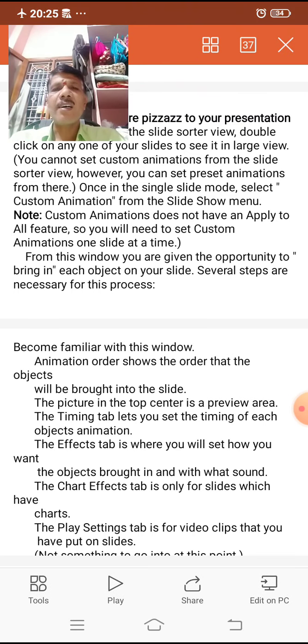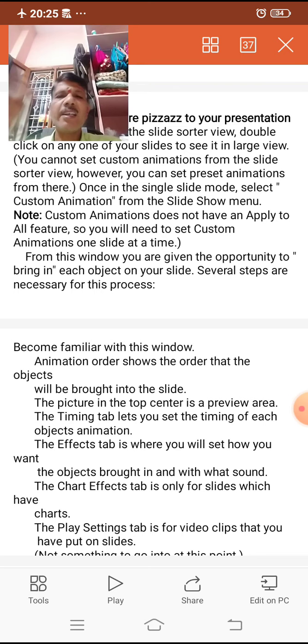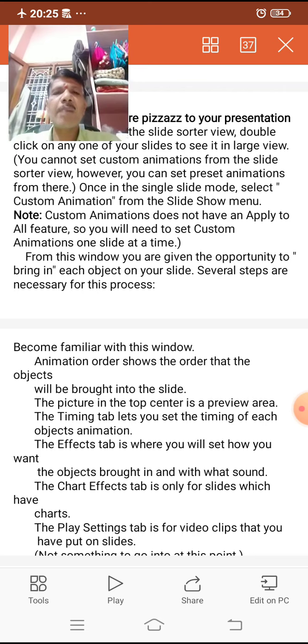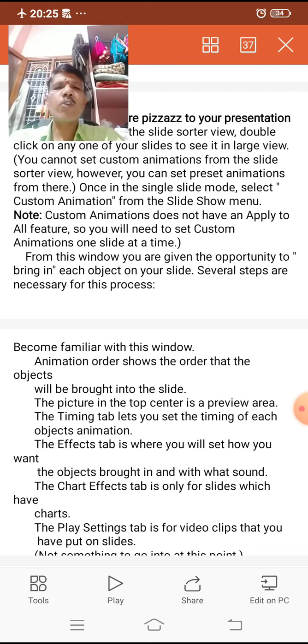The picture in the top center is a preview area. The timing tab lets you set the timing of each object's animation. The effects tab is where you will see how you want the objects brought in and with what sound.